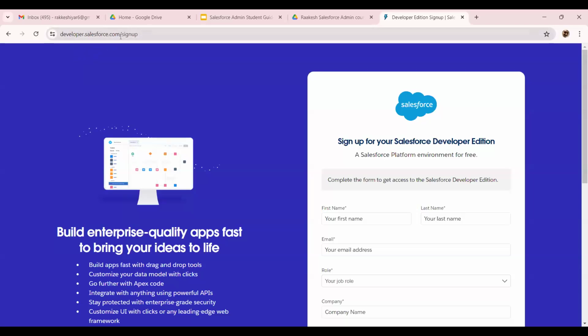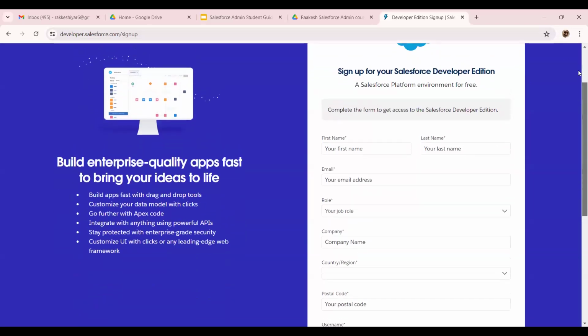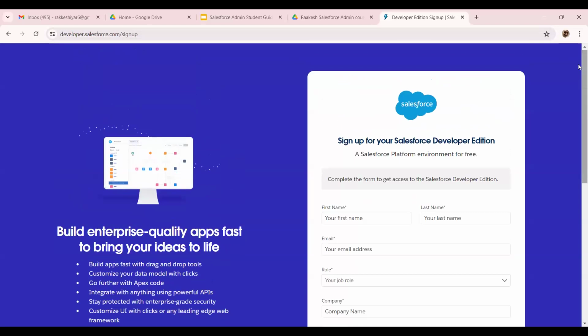You have to go to developer.salesforce.com/sign. You have to register yourself. You are the developer, getting a Salesforce platform environment for free. You have to enter the name, and then enter the name here,